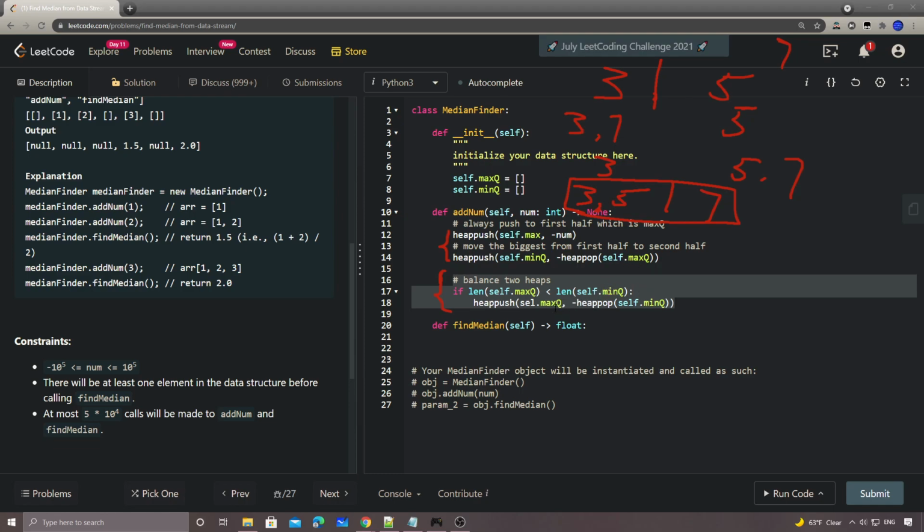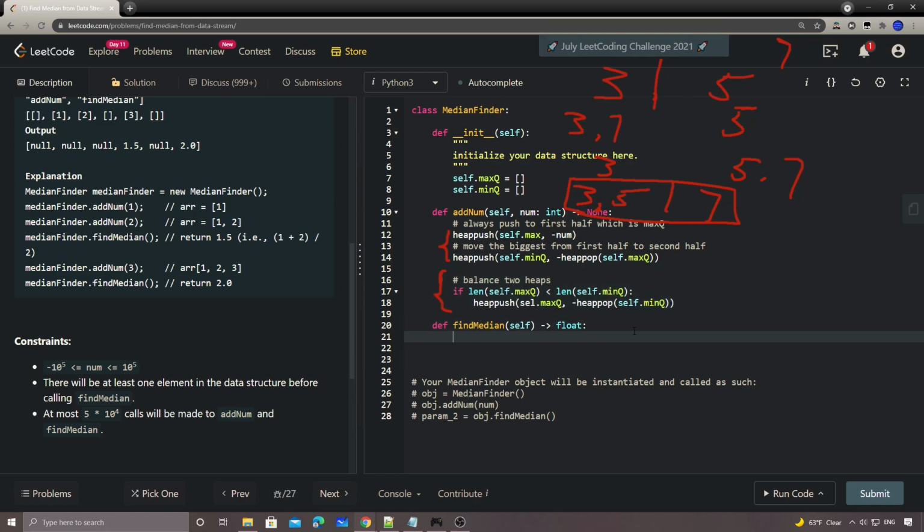And yeah, so that's it. And then for the final median, it's pretty straightforward. We simply need to check two cases. So if the length of the first half does not equal the length of the second half,